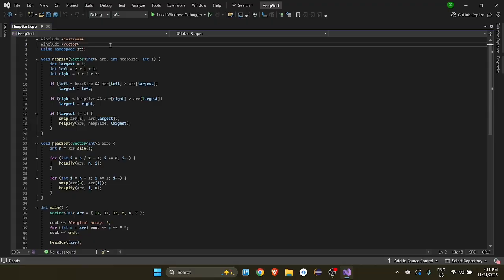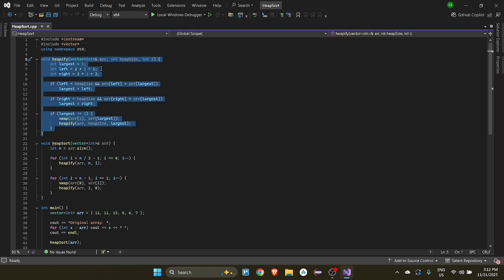Now, for the part of coding the heap sort in C++ and its implementation, we created a heapify function here, where we declare a largest variable, a left and a right variable, where they are all integers.